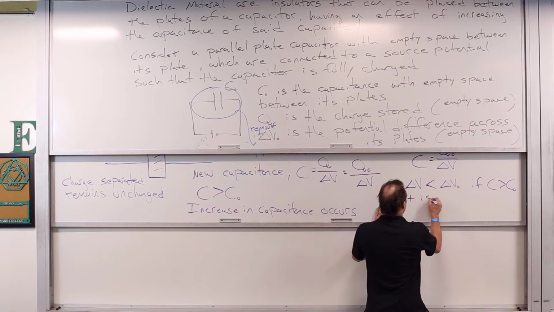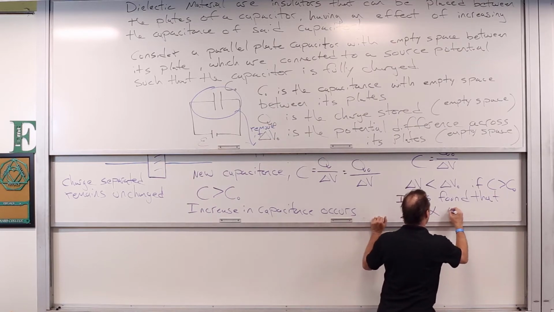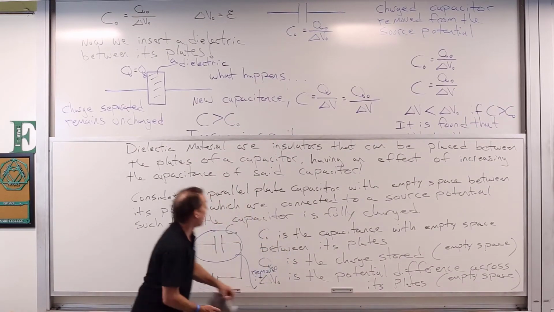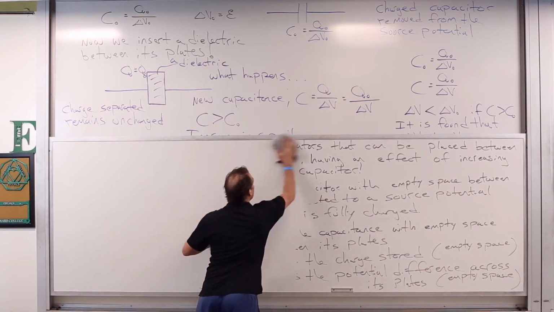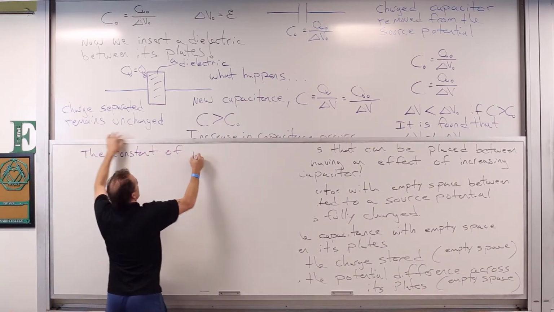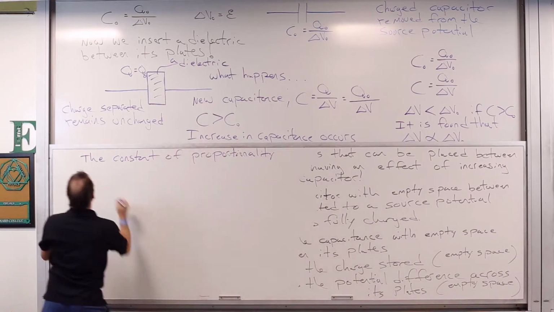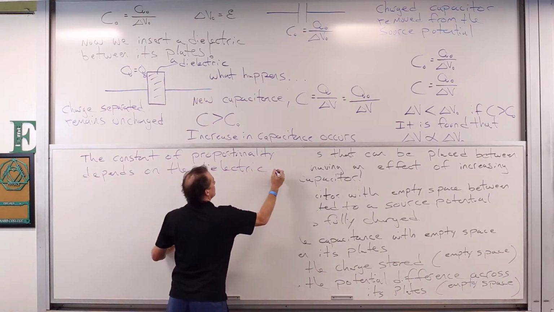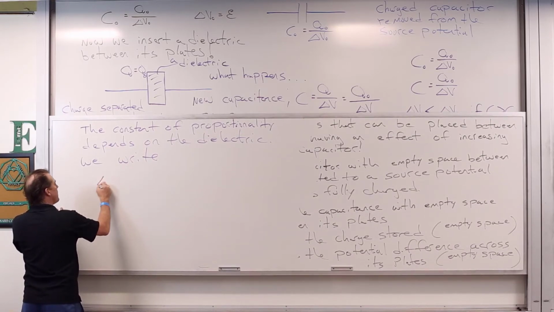It is found that delta V is proportional to delta V0, and the constant of proportionality depends on the dielectric. We write that delta V